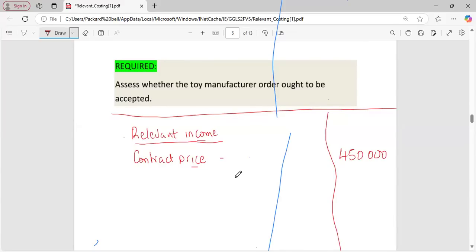These are some of the questions that I come across in your syllabus. So if they require you to enter everything, what is important is to determine whether each item is relevant or not relevant, then enter them accordingly. And so in our case, the contract price is relevant. So let's look at the relevant